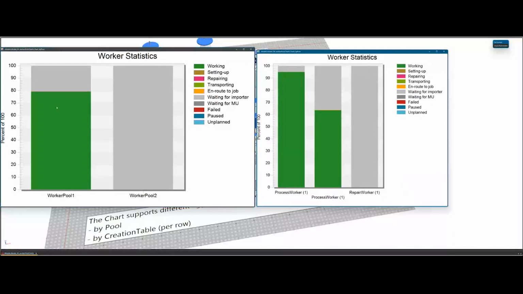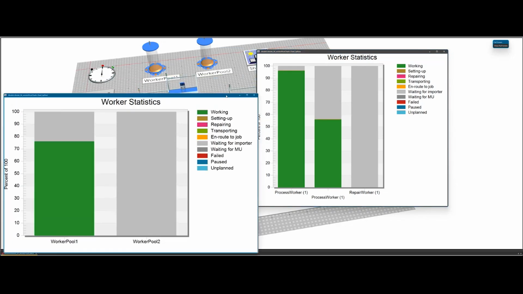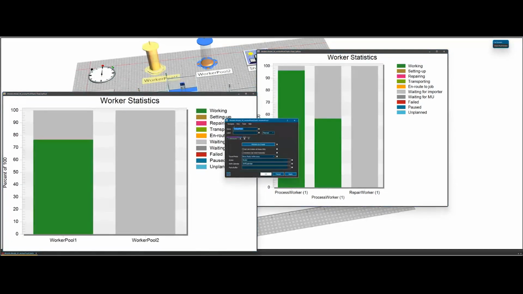So here on the left, I'm showing the average statistics for all the workers inside one worker pool. You see at the moment, the guy from my second pool hasn't been working at all. And here on the right chart, I do not group by pool, but instead I show the different lines of the worker creation table.